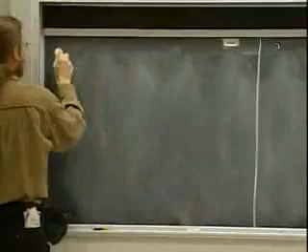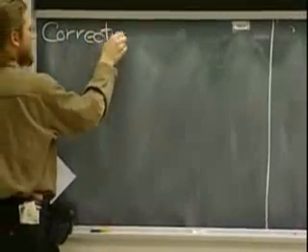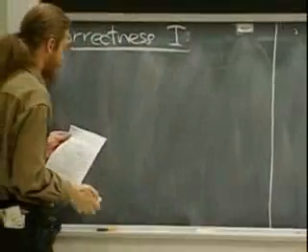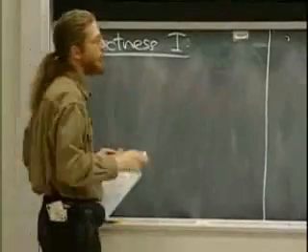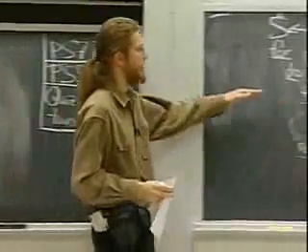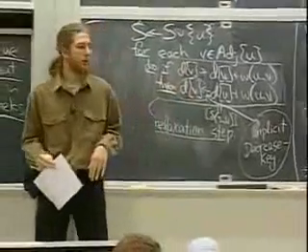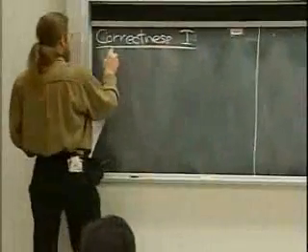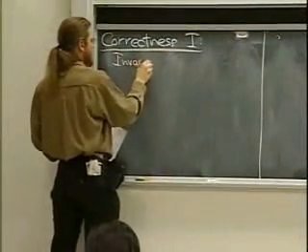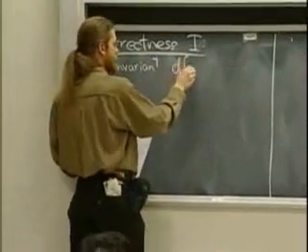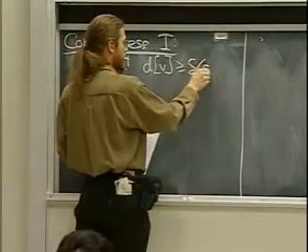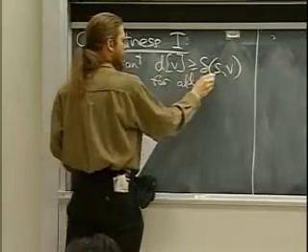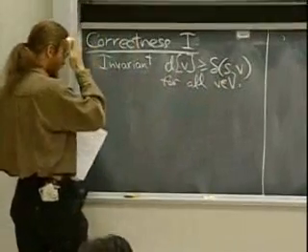So, correctness. The first thing I want to prove is that relaxation never makes a mistake. If it ever sets d of v to be something, I want to prove that d of v is always an upper bound on delta. So we have this invariant: d of v is greater than or equal to delta of s comma v for all v. And this invariant holds